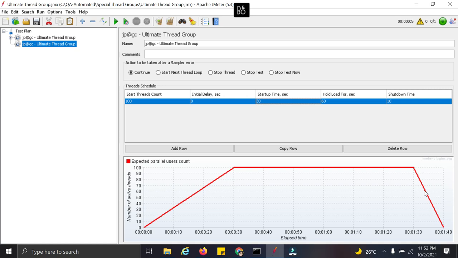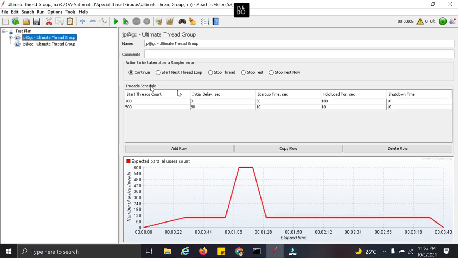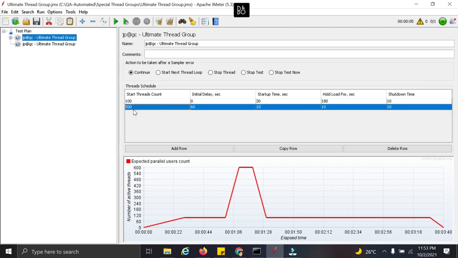It is a very good option to configure your test and make it as specific as possible and create the load as specific as you want. Now let us see an example where I want to run a test where I want to test some peak values as well. In addition to that, what I changed here is the hold thread time, to 180 seconds. I want to hold these 100 threads for a longer duration, and meanwhile I want to create a peak load. So I added 500 threads for the peak.